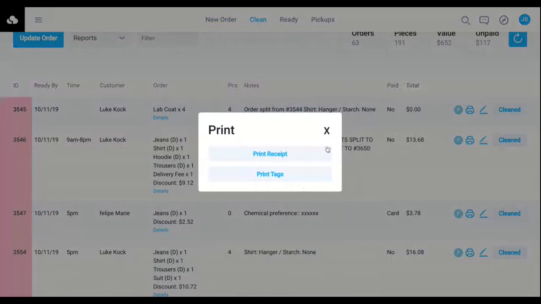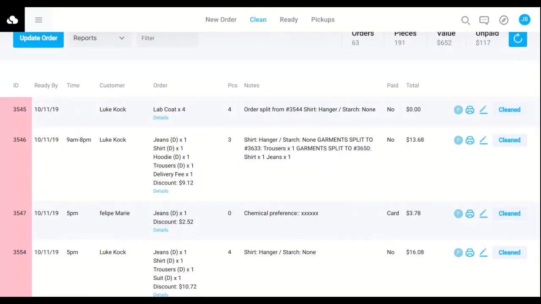Let's see now. Can we have the ability to tag a ready item for reclean where it uses the same ticket number so that the plant does not charge a second time under a new ticket number? To tag a ready item for reclean where it uses the same ticket number. This, Jeff, sounds like the